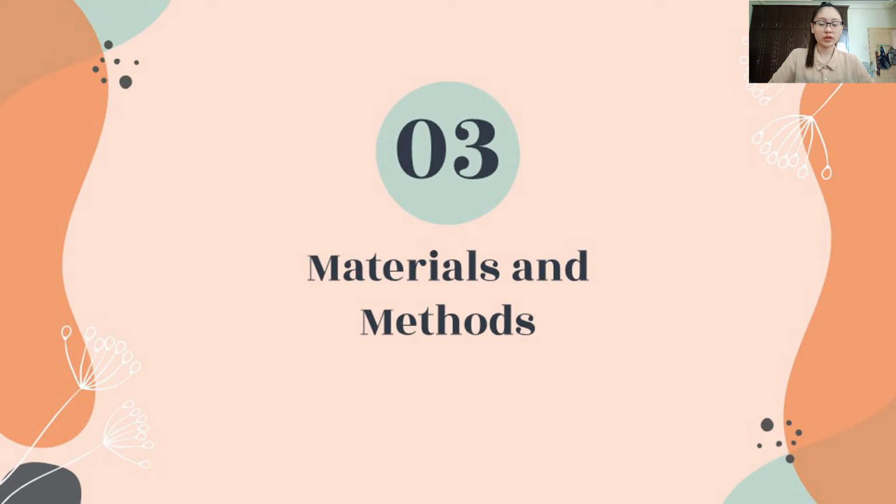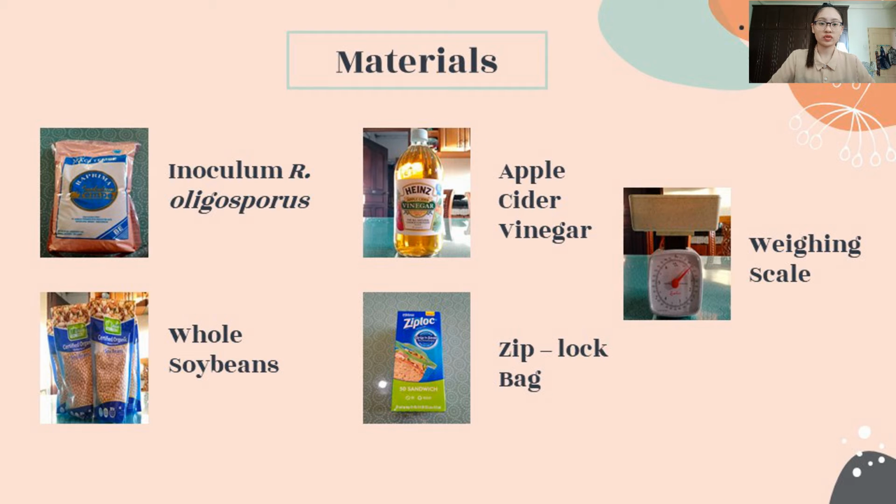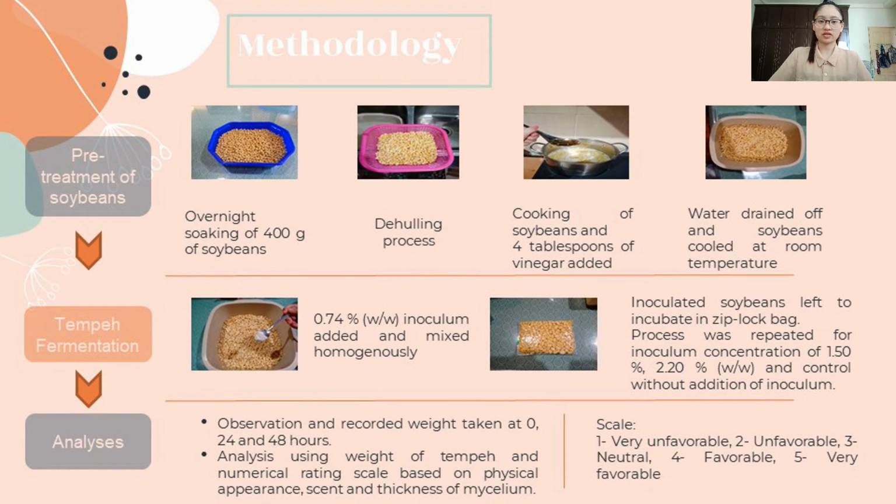Next, I will be talking about the materials and methods. The materials needed to produce the tempeh are inoculum Rhizopus oligosporus, apple cider vinegar, weighing scale, whole soybeans, and Ziploc bag. There are three general steps involved in the production of tempeh. Firstly is the pretreatment of soybeans, involving the overnight soaking of 400 grams of soybeans, the hulling process, cooking of soybeans, and the addition of vinegar, and the draining off of the water, and then the soybeans are left to cool